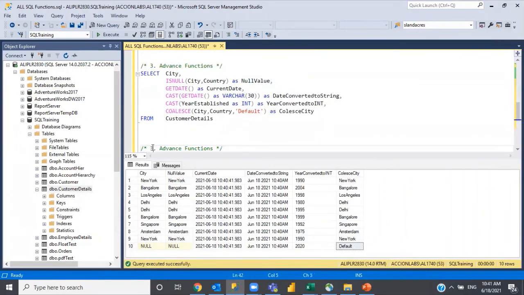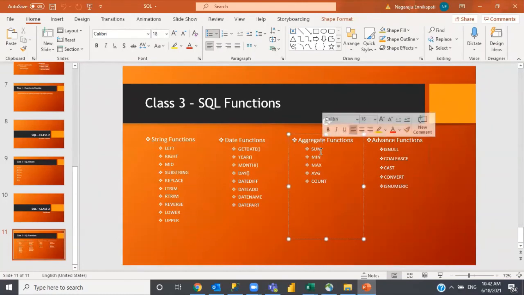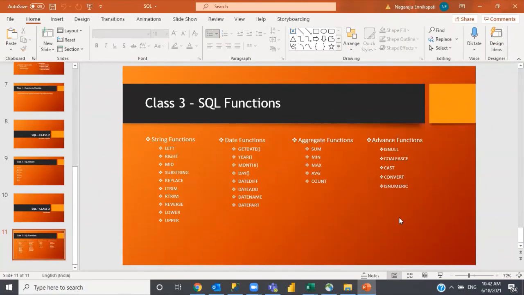So we'll move on to the last set of functions, which are called aggregate functions. These are the aggregate functions: sum, min, max, average, count. Basically, if you want to add up all the data in a particular column, or find a maximum or minimum value from a set of values, or find the average, or the total count, we can use the aggregate functions.